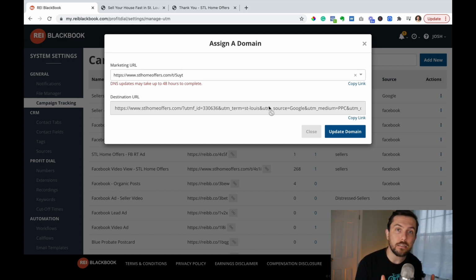So if you're doing any type of marketing to generate traffic and generate clicks to your website, you want to use campaign tracking links to ensure that you're tracking the source of that traffic all the way through to the lead and the deal. Because again, a lot of times people are afraid to do Google pay-per-click because it's expensive. But the lead quality is much higher typically than a lead that you would get from Facebook. And you only know that if you're tracking your leads all the way from traffic source all the way through to the end of the deal.